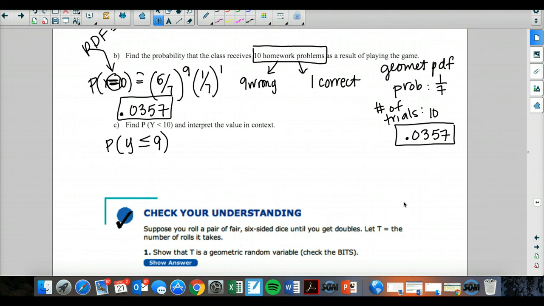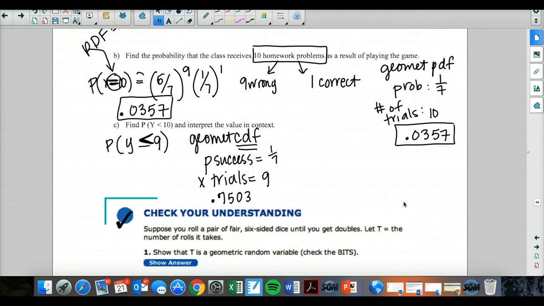So I'm going to do geometCDF, and I'm using a CDF because this is an inequality. So second vars, geometCDF, my probability of success is 1/7. My number of trials would be 9. So 1/7, 9, I have